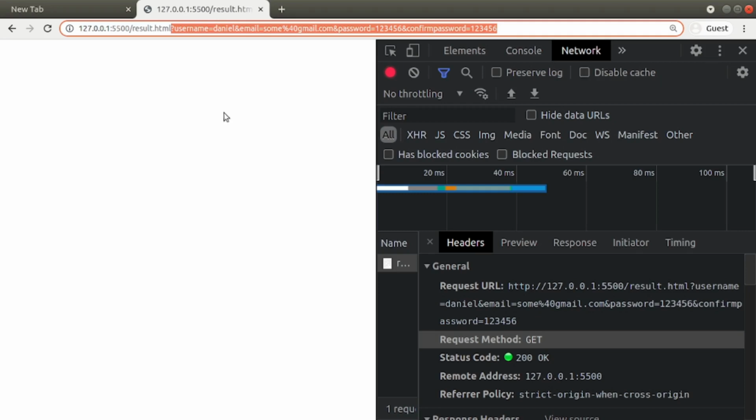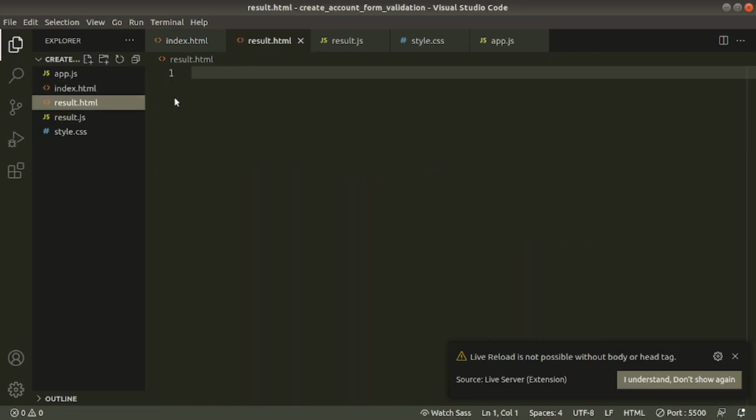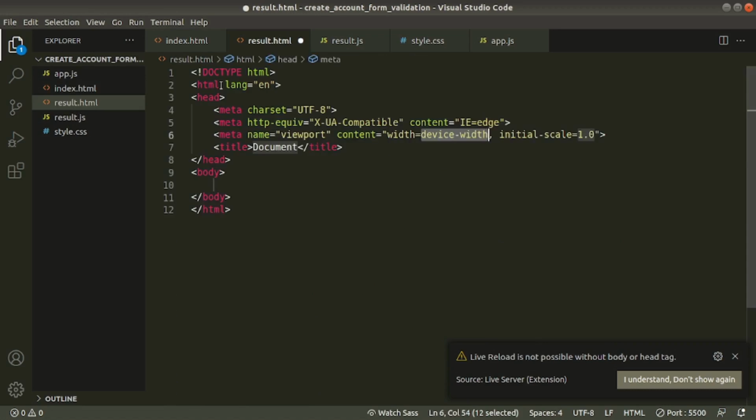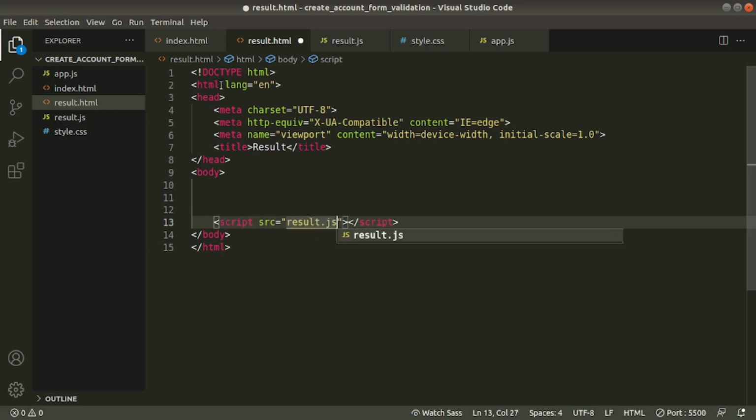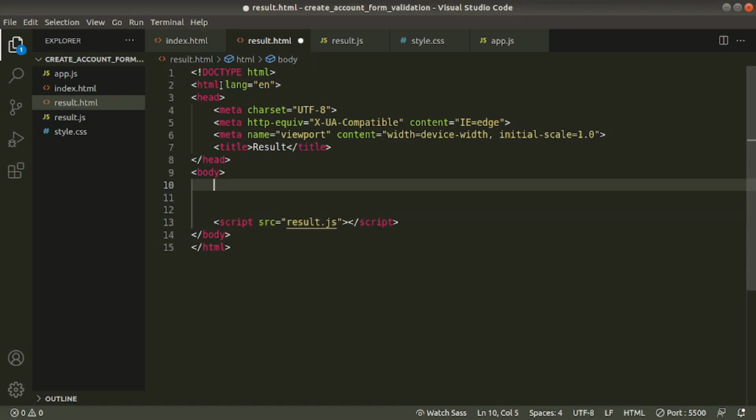Go to editor. Here result.html, exclamation mark, hit enter. I'm not styling this page, just add JavaScript file. Now inside body tag, we'll create a paragraph with ID paragraph.